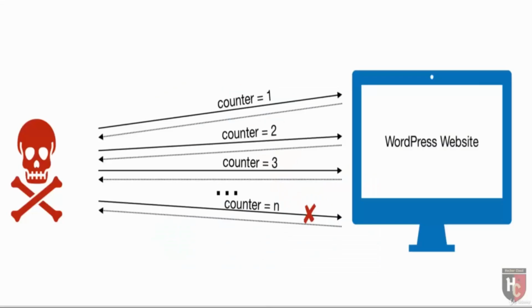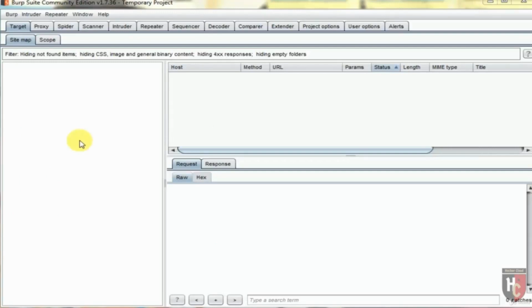We can even use Burp Suite for brute forcing various credentials. We can use it to make a sitemap of a website or to crawl a website, the spider. Burp has different tabs and all of them have different functionality.